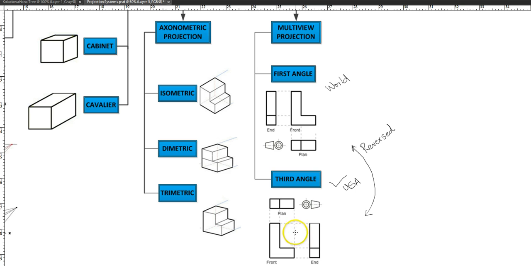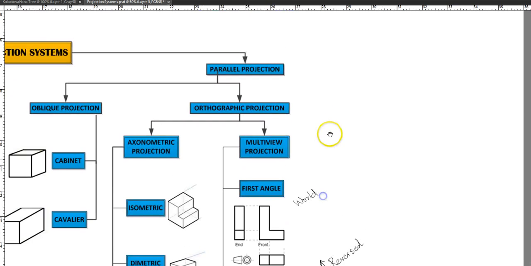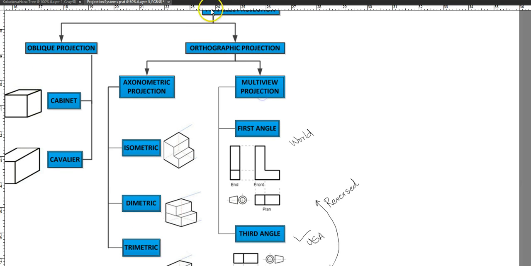Now if you look at this example, this is the front view, side view, and the top view. You see how the lines are projected from the front to the side and from the front to the top. See how they are projected? So all these lines are parallel to each other, and that is why they fall in parallel projection. Okay, so parallel projection